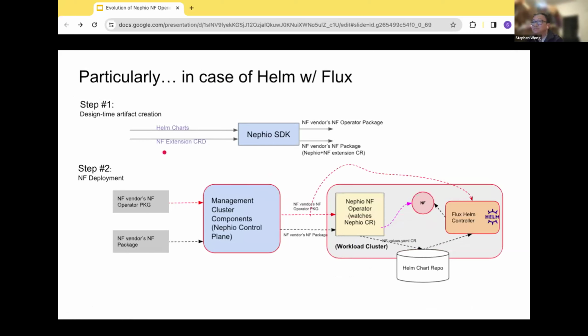Go ahead, Tal. Yeah, just a very quick point that, as I said before, we tend to treat operators as installers, right? Something that owns everything. Mm-hmm. But we can absolutely have all the advantages that operators give for day two without them owning all the resources, right? So you can deploy everything with a Helm chart, and the Helm chart can deploy an operator that has a very specific role in terms of managing some configuration changes. It doesn't have to own all the resources. So you can have Helm own all the resources, and one of those resources can be the operator. So that's a completely valid scenario.